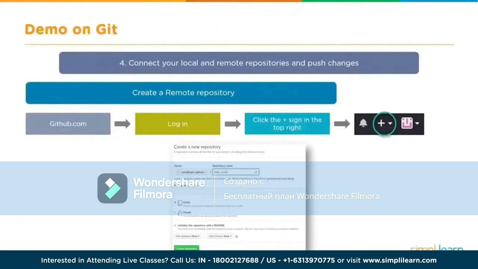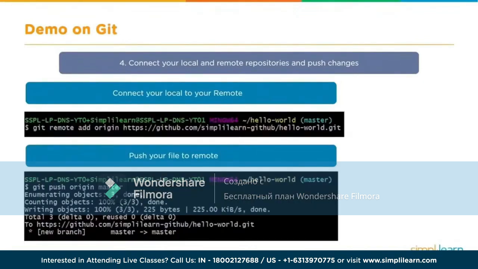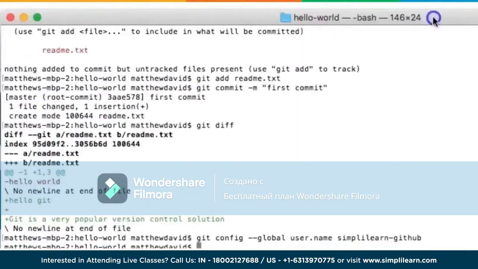And under the GitHub account, you can go ahead and create a new repository name. In this instance, we called the repository hello-world. And what we want to do is connect the local account with the remote hello-world.git repository. We do that by using this command from Git, which is our remote connection. So let's go ahead and type that in. Open this up so we can see the whole thing. So we're going to type in git remote add origin